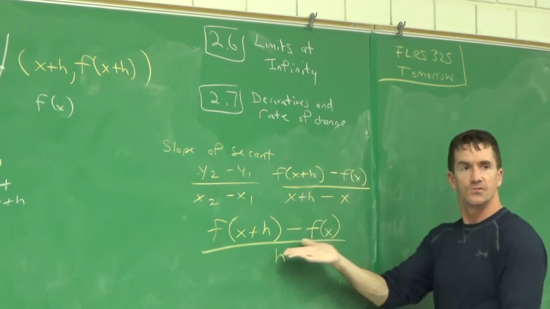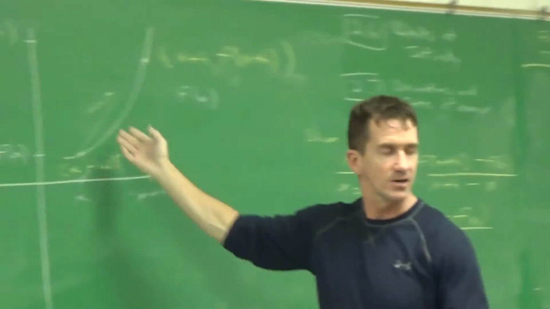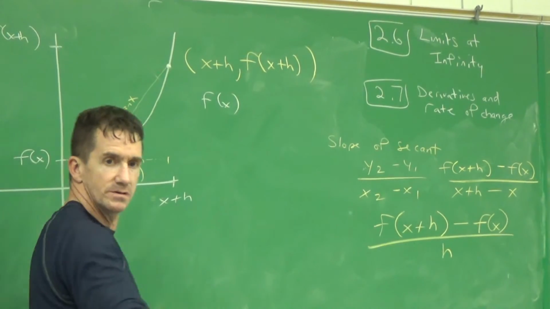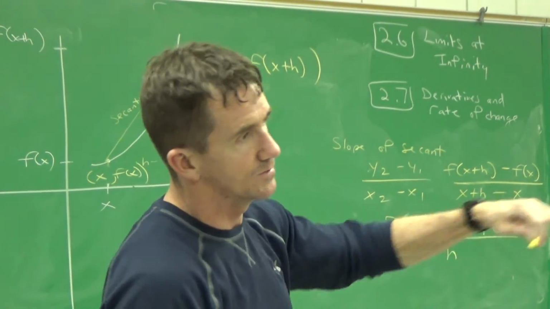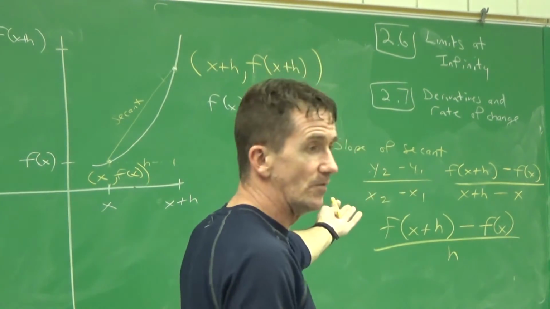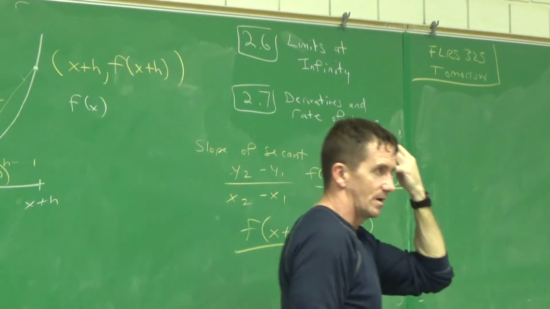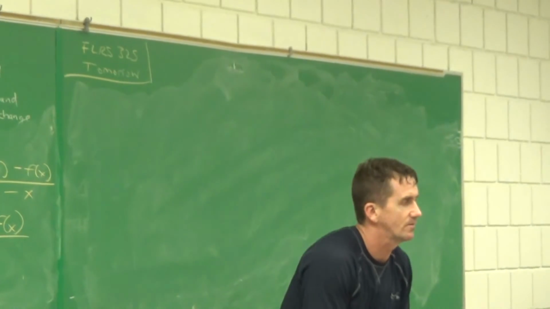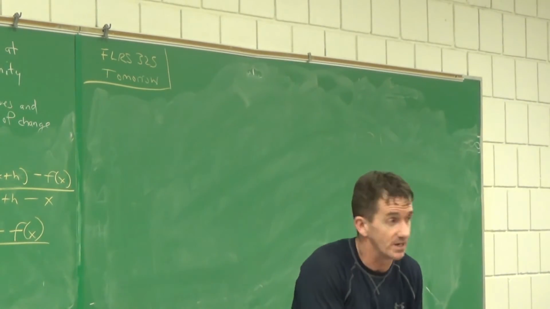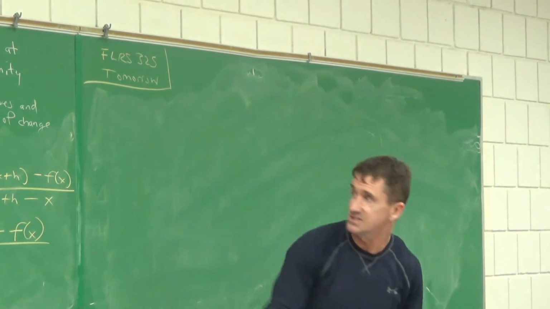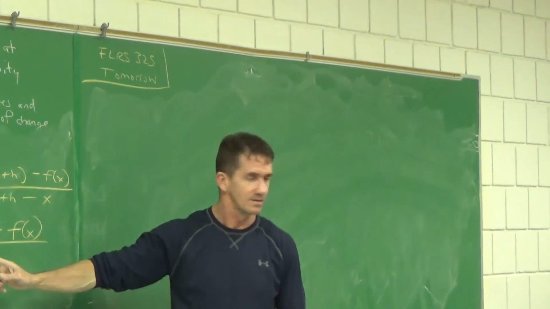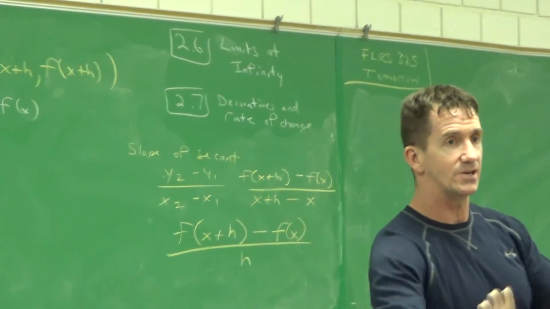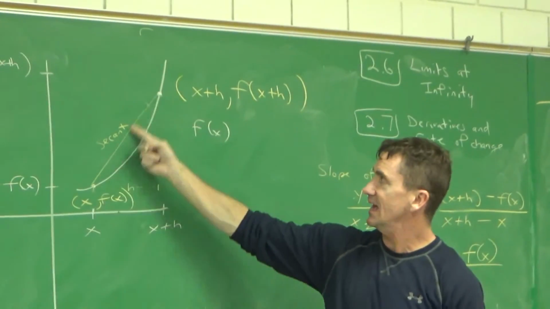So this is actually the formula, I guess, in terms of any function where I reference as h the distance from this point to the next point, in terms of a horizontal distance. That's slope of a what? Secant. I want to tell you what we're trying to do in section 2.7. You and I are trying to come up with a formula for the slope of a tangent. All right? This is slope of a what? Secant. You and I got to figure out an elegant math formula with math notation that represents not that slope, but